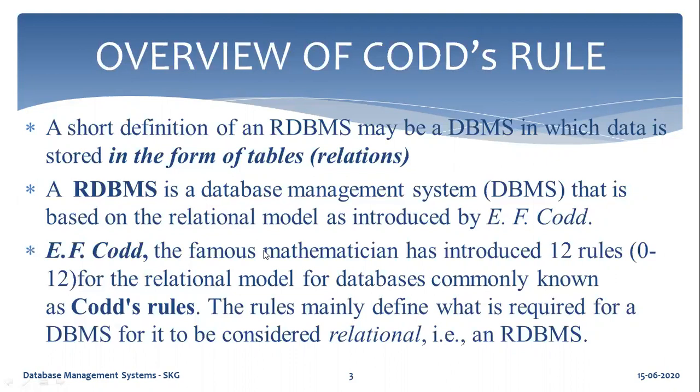Means if there is a DBMS system, how will we know that this is a relational database management system? So there are some rules. If the rules are followed, then we can consider it as an RDBMS. Now, all the DBMS software available are not following all 12 rules, but they are relational database management systems. Some follow up to 8, some follow 11, 12, something like that. But not all rules are followed by all the DBMS software.